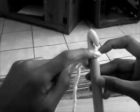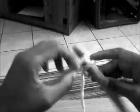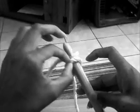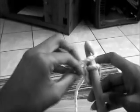So there, so now you have one chain. You can't really see it that well because it's very thick and we're still going. But do the same thing again. Wrap it around, and I'll show what this side looks like. Basically your chain is going to grow down like this, okay, so there. Then you're going to do the same thing, so navigate this piece over top of this one, like so. You want to keep doing that,